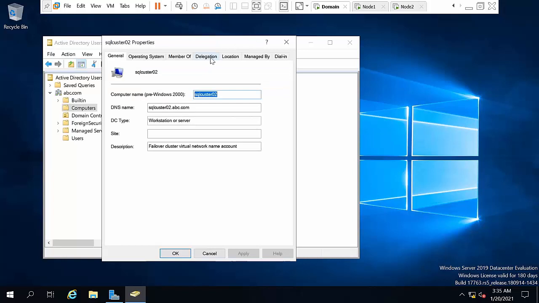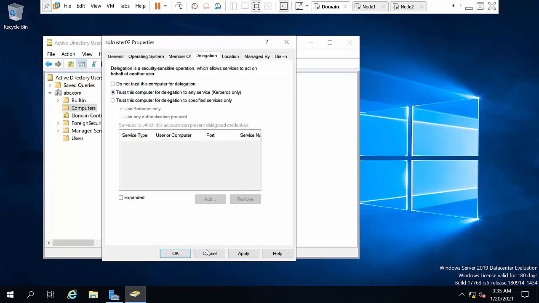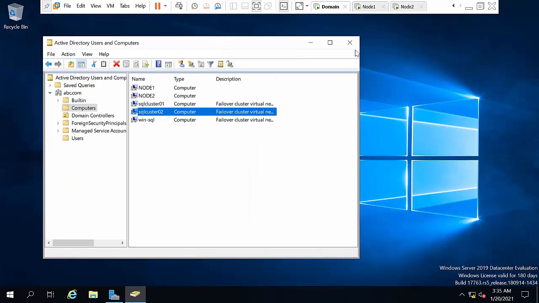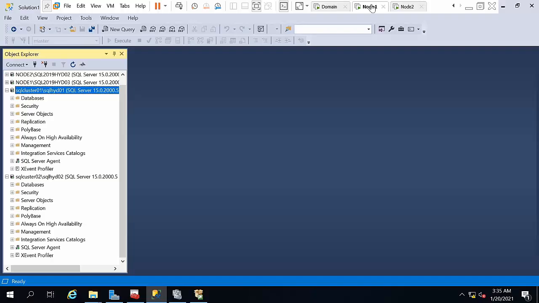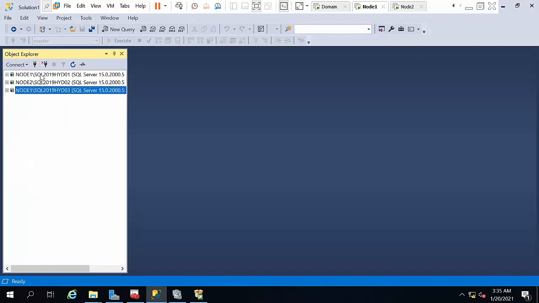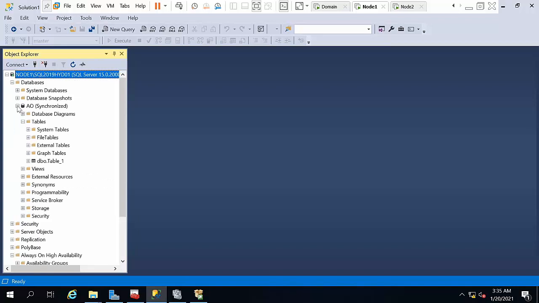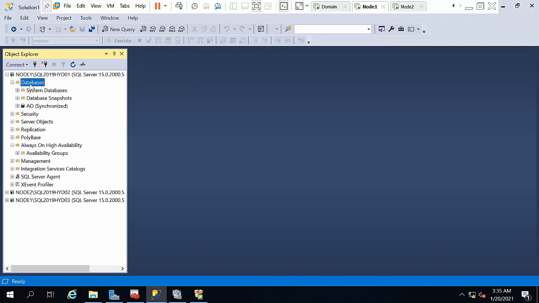Click on that delegation, trust this computer, click OK, apply. Okay, now go to node 1. I am removing all these clusters, I don't require them now. Now I am creating